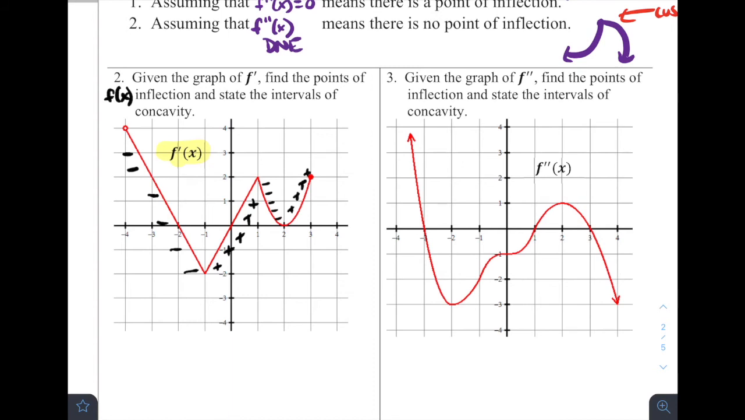So because the slope here is negative, I know that f double prime of x has to be negative on both this interval here and on this one over here, while I also know that f double prime of x has to be positive on this part of the graph here and on this part of the graph here, where these slopes are positive. So given that,